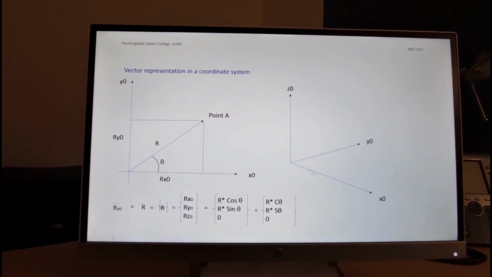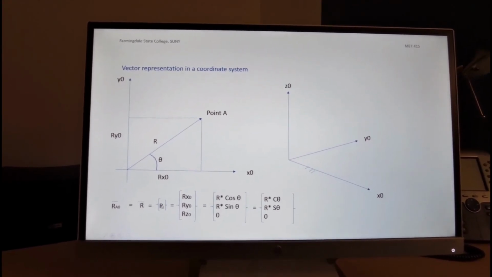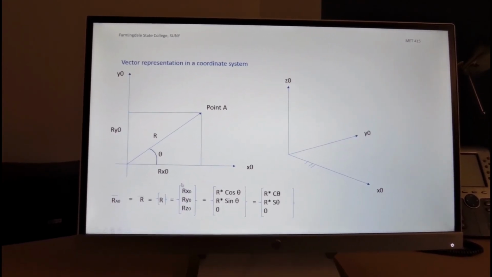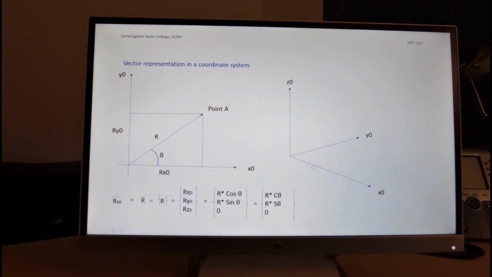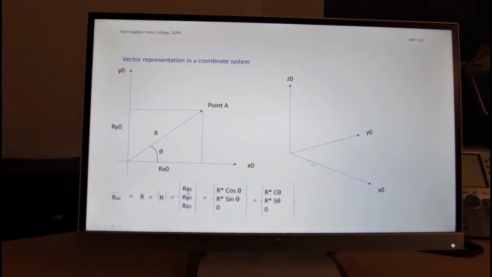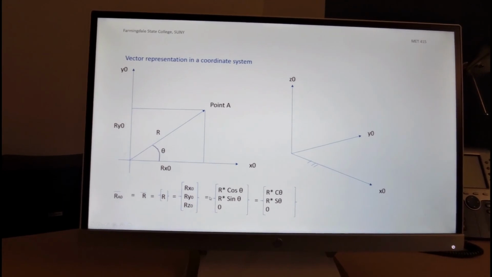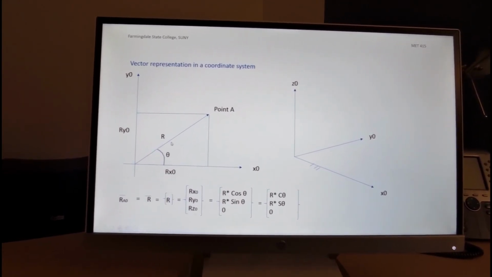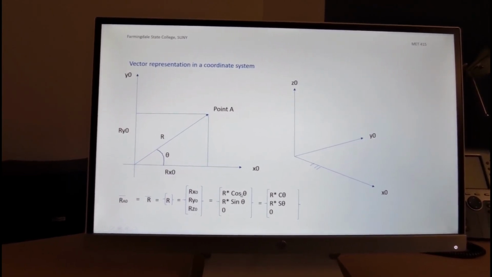We can show it in two parentheses as a vector, where r without the head is a scalar and the two parentheses indicate a vector. We can take the two parentheses and we can also put the x, y, and z components of that vector in this way. It's also identical definition. We can also write it as the component. This rx0 is r times the cosine of theta. We can write it over here for the x0 component.